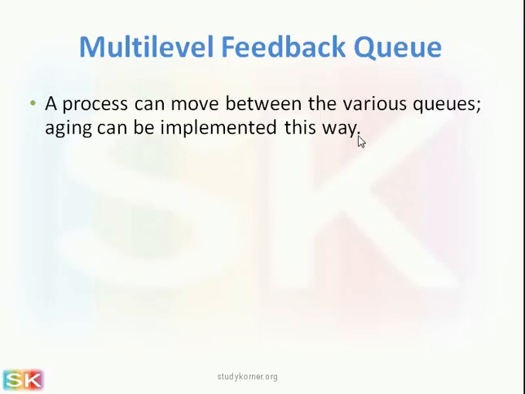As time goes, we increase the priority of a process which is waiting for a very long duration, right? So that this process never goes to starvation state. So this is called multi-level feedback queue. A process which is submitted in the lowest priority queue may be shifted to the high priority queue as time passes,